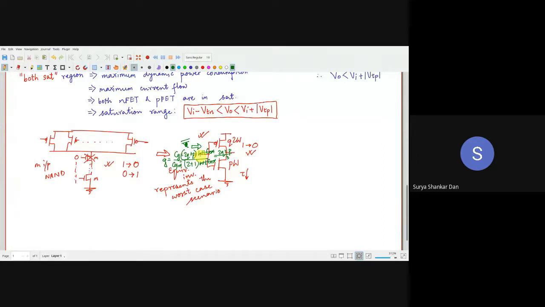So what we understand is that we are always making the reference with respect to a simple static CMOS inverter and the equivalent static CMOS inverter. The equivalent static CMOS inverter is coming from the original circuit. Why are we doing the equivalent static CMOS inverter? That will take care of the worst case scenario.